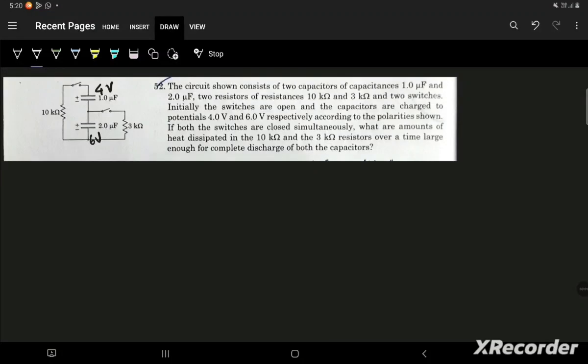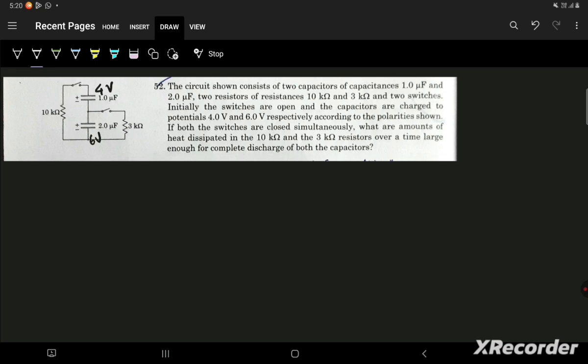Everyone. So today we'll be discussing a problem from Build Your Understanding of Pathfinder. This is from the chapter Current Electricity. Let's get started. The problem states that the circuit shown consists of two capacitors of capacitance 1 microfarad and 2